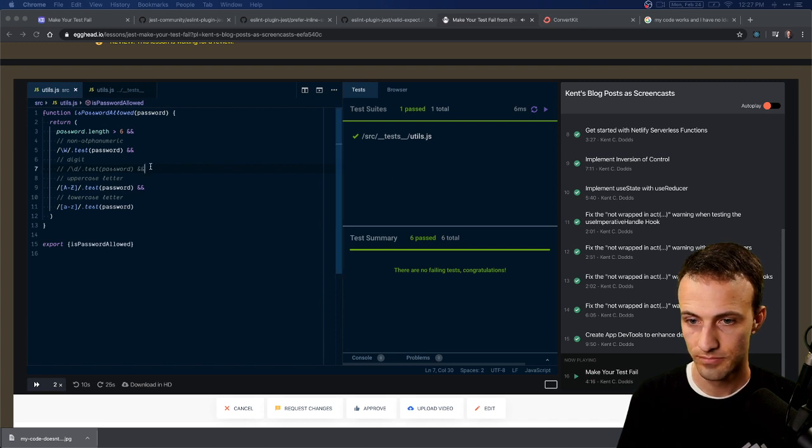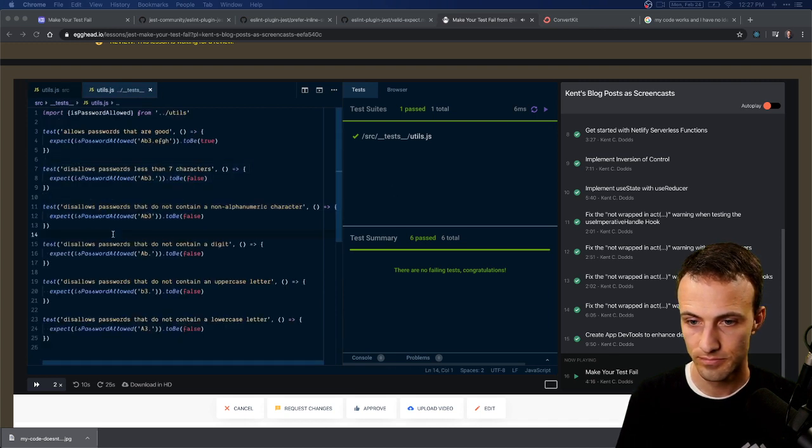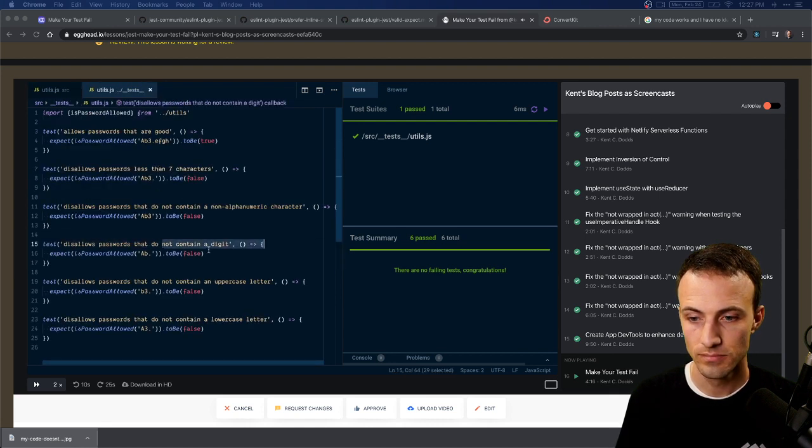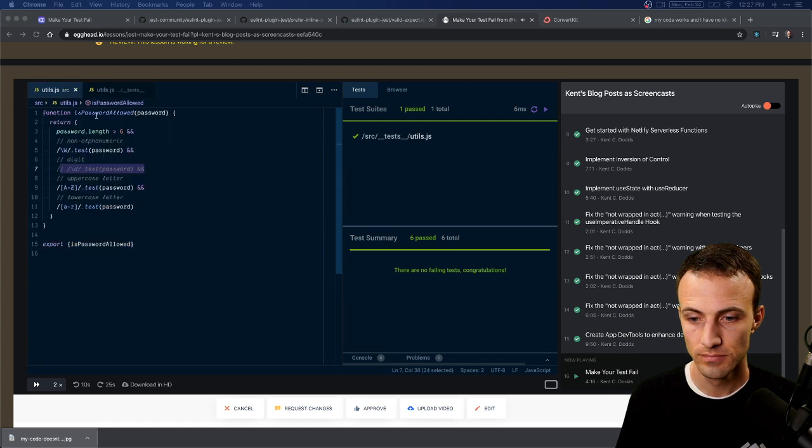And the reason that this is happening is because I haven't verified that these tests can actually fail in the way that they're supposed to be failing. For example, I commented out that digit logic, and my digit test is still passing. As we follow through the code path here, we're passing the password here, and we say password.length is greater than 6. Well, it's not greater than 6, and so it's going to fail for that reason,